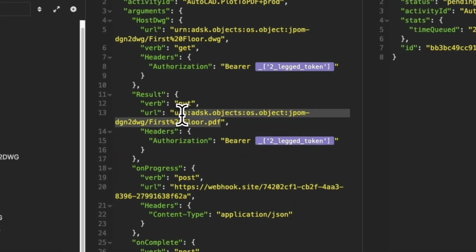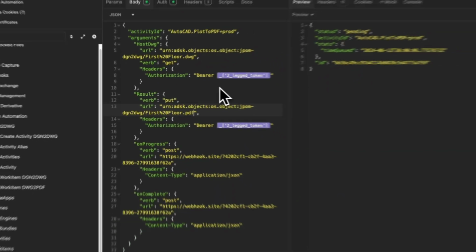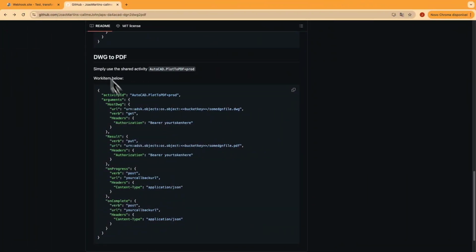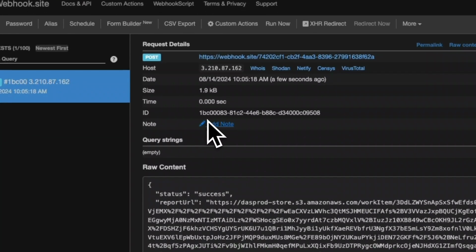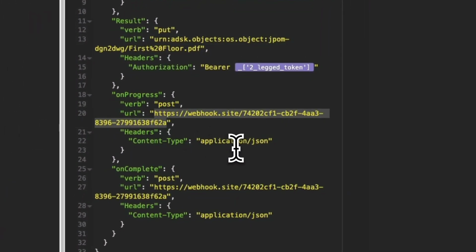And the same as I did before, I'm going to paste the resulting file, but in this case I'm going to replace DWG with PDF, and the webhook.site URL I want to use to receive the notifications. So let me copy this here,